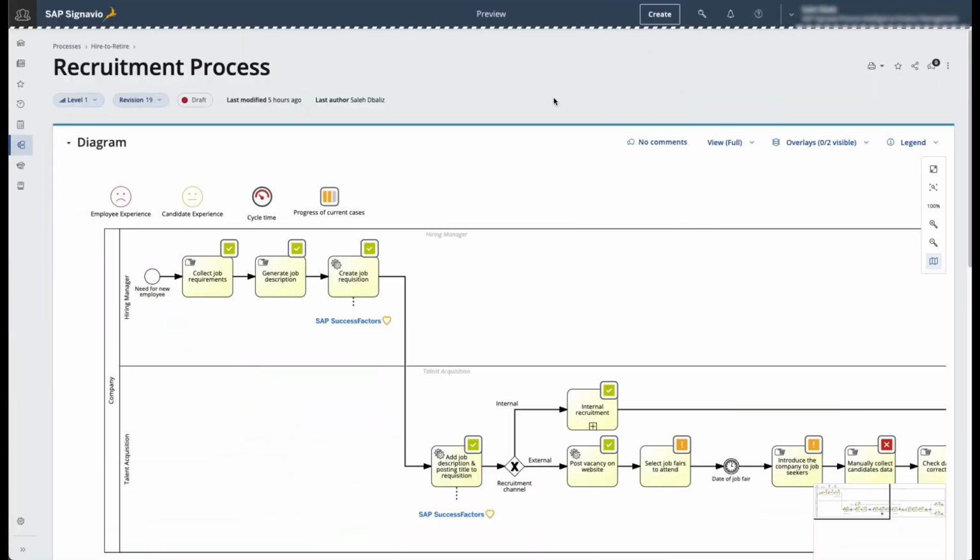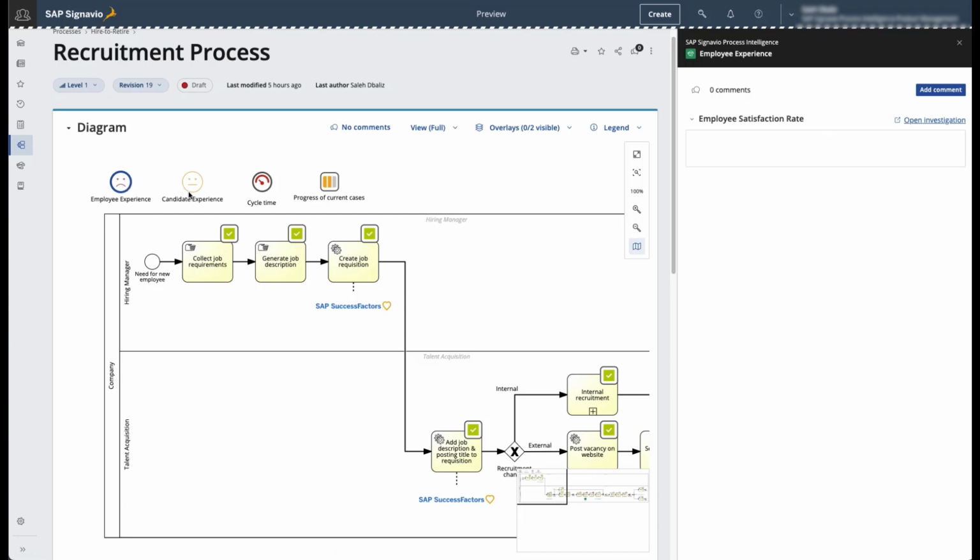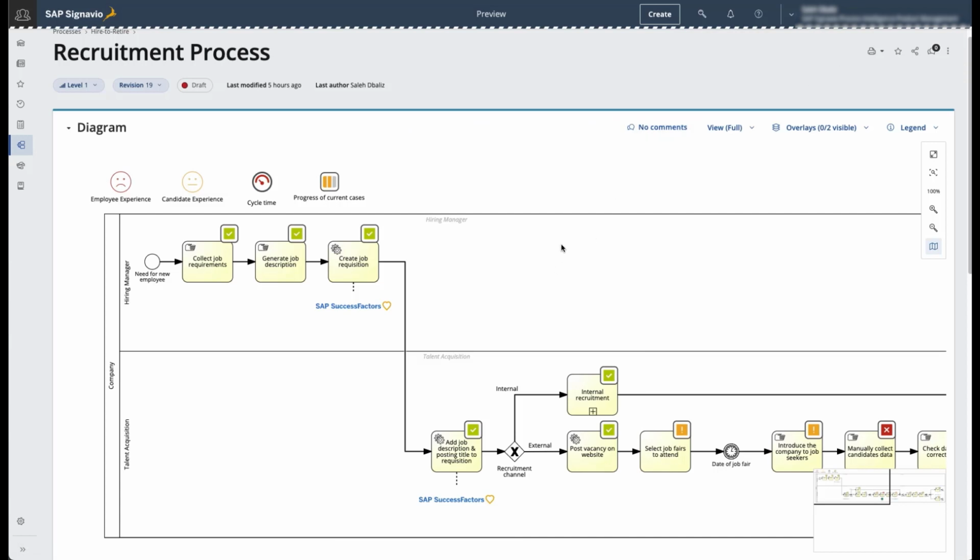I'm an HR process expert in my organization. With SAP Signavio, I can check all low-maturity processes that are part of our Hire to Retire initiative. I see immediately that there are issues with employee experience, candidate experience, and our cycle time. This data comes directly and live from SAP Signavio Process Intelligence, and I can understand every step of this process